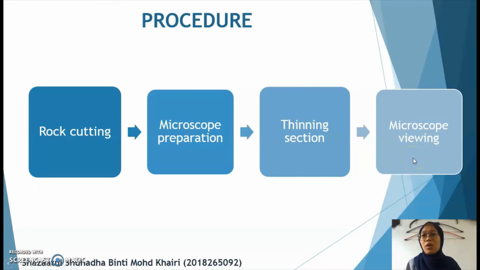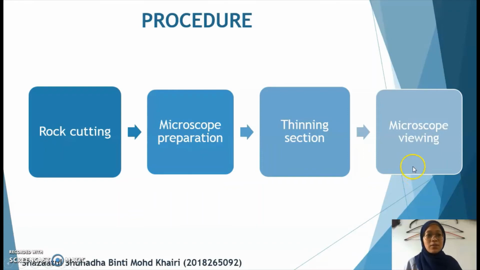Then the picture of the rock can be viewed and captured. The lens of the microscope was adjusted to 10 times zoom or 20 times zoom, depending, to get a better and clearer picture. And then this picture can be referred to the color chart to identify the types of mineral present